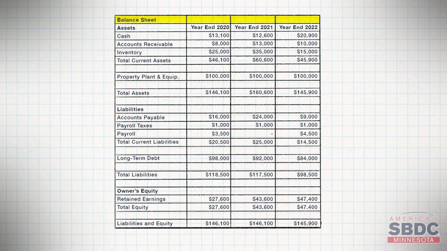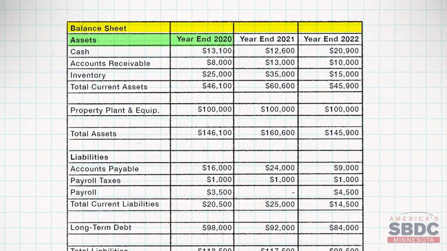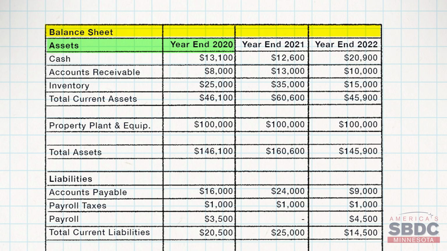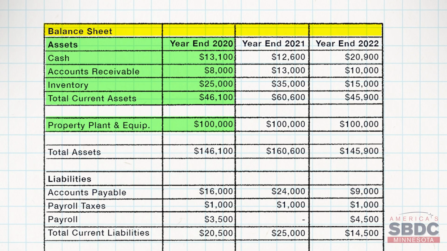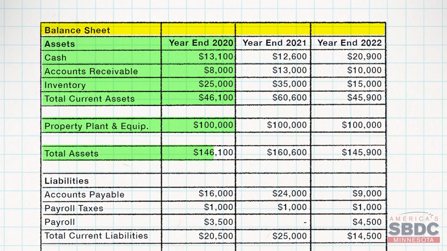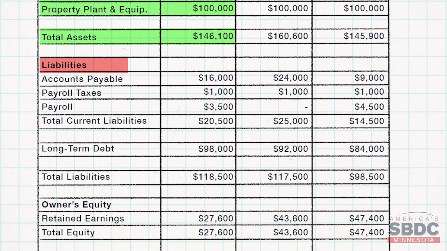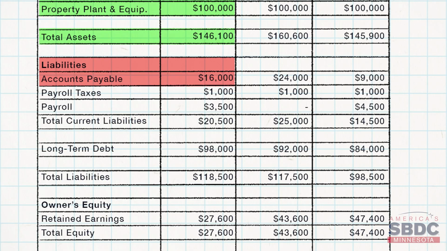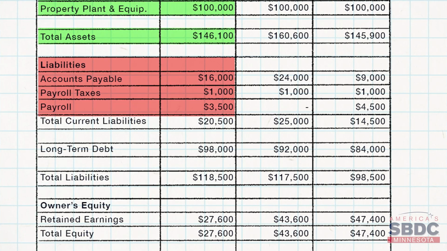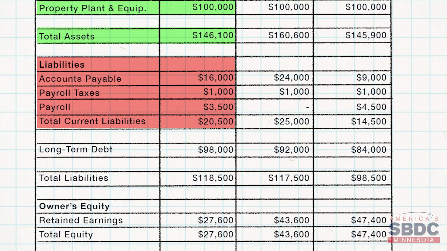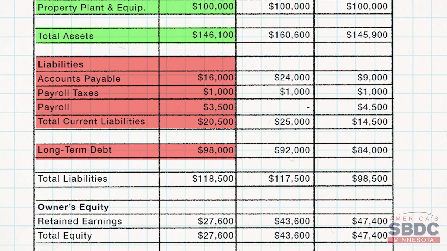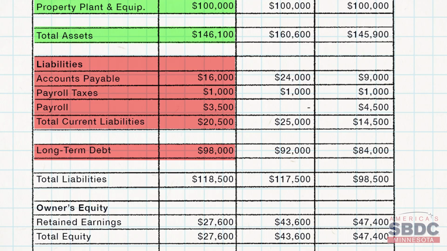Below is a simple balance sheet used as an example. For year-end 2020, the company has the following current assets: cash, accounts receivable, and inventory, totaling $46,100. They also have property, plant, and equipment, totaling $100,000, for a total asset value of $146,100. Also in year-end 2020, the company has current liabilities of accounts payable, payroll taxes, and payroll for total current liabilities of $20,500. They also have long-term debt of $98,000, so their total liabilities are